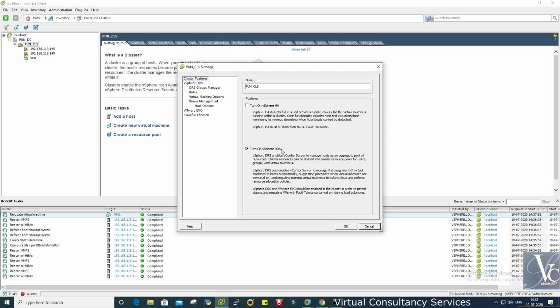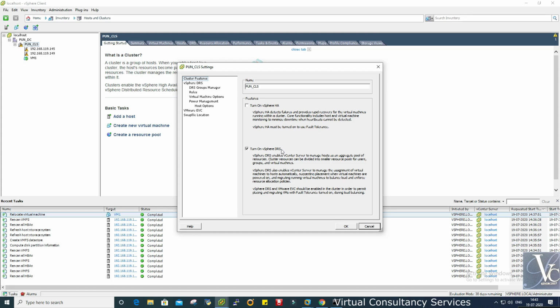But CPU and memory have this feature only in vSphere DRS. For storage DRS we configure the storage cluster, and on that we configure the storage DRS. But for CPU and memory we configure it at the cluster level. The normal cluster is different and the storage cluster is different, keep that in mind.